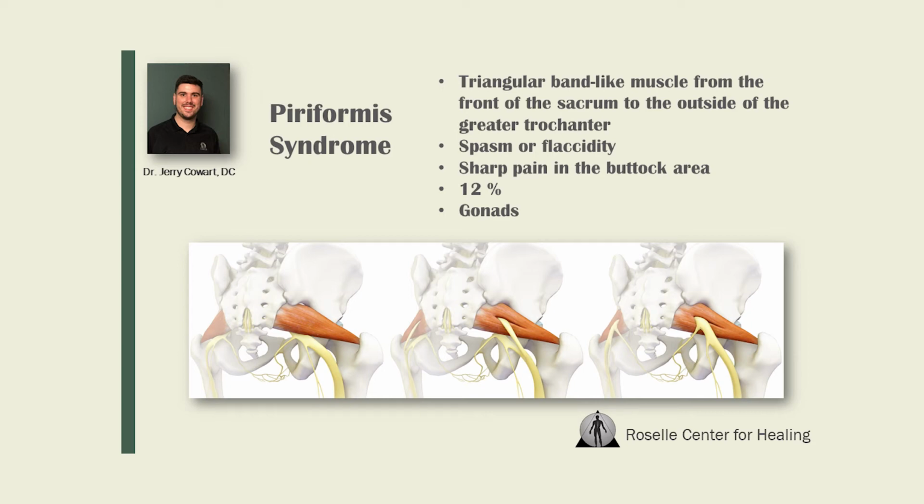The issue with piriformis syndrome is that oftentimes it's thought about that muscle being tight, therefore constricting that sciatic nerve. But sometimes it can also be where the piriformis muscle is not working properly, so it gets flaccid or flimsy, and it basically just lays on that sciatic nerve because there is no tonicity. It's not taut enough to be able to activate and do what it needs to do and get out of the sciatic nerve's way.